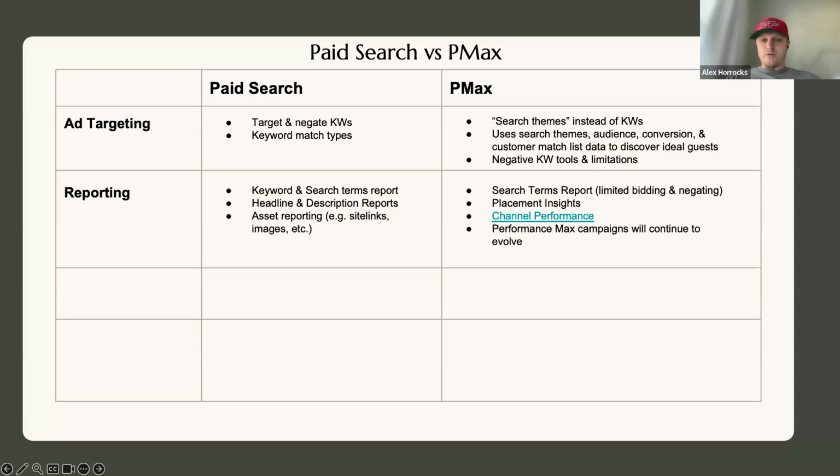In PMax, you also have search term reports, and you also have something alongside it called placement insights. And then you have a few other reports that are starting to roll out. For example, channel performance. This is something we haven't currently seen across all of our portfolio, but it will eventually roll out. What it basically does is it shows you the channels within PMax that your campaigns are targeting